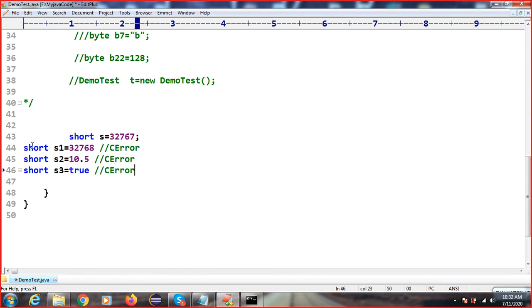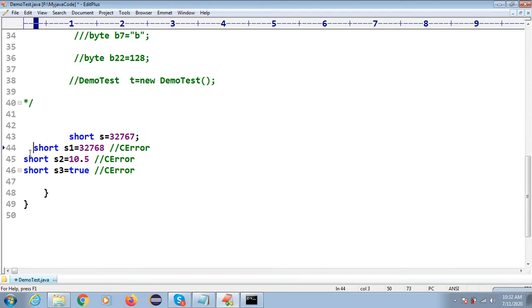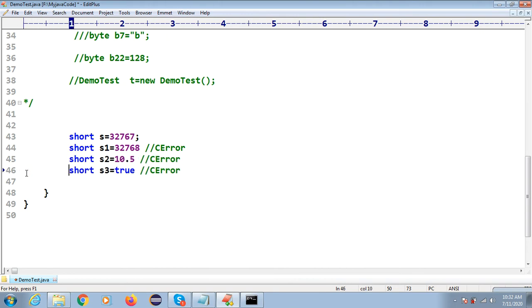Here the max value is the same. Whatever we discussed in the first example, the same thing applies to other data types. So the max value is this. If you exceed this value, you will get a compile time error.